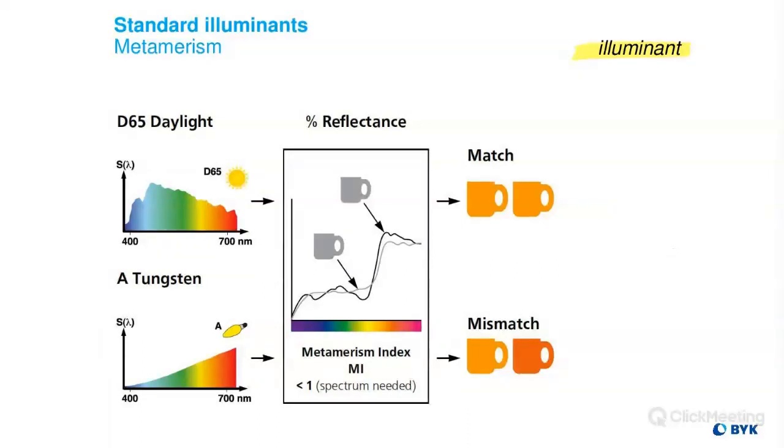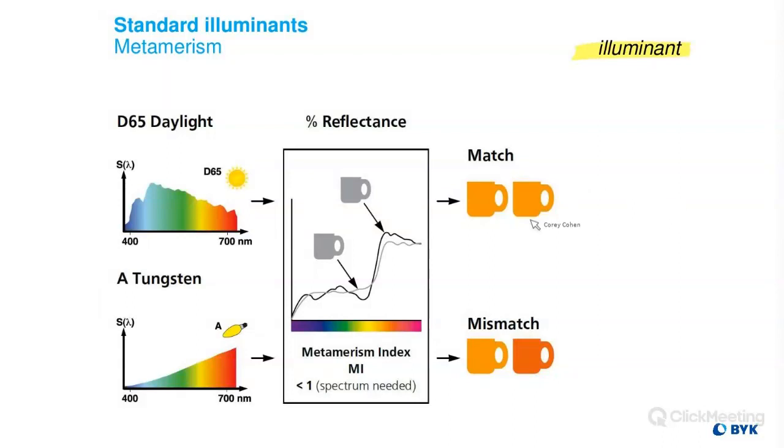One component when talking about light sources, we can also talk about a phenomenon called metamerism. And metamerism is where you have two colors that may match under one light source, but not under another. And so this is another reason why it's important to sometimes test your material under different light sources. Because as you can see here,